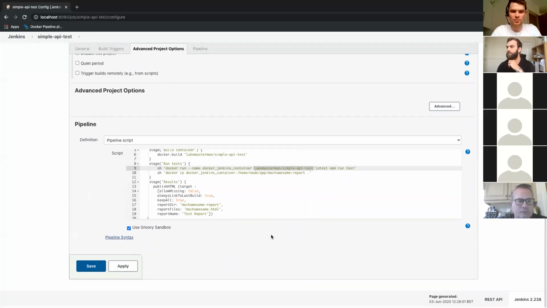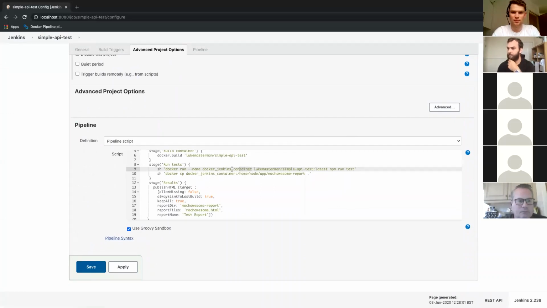And now, instead of having these here, I can just replace this with interpolation and say, I want container name, and I want image name.